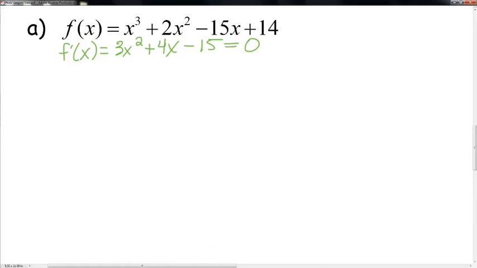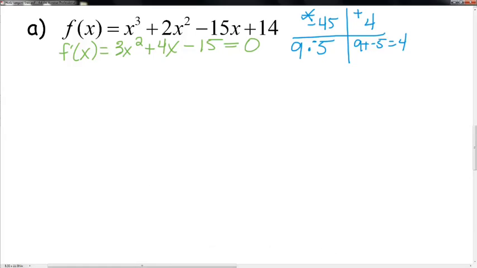The way that grouping works is you take your a and you multiply it by your c. So in this case I have 3 and negative 15. Negative 15 times 3 is negative 45. So I'm looking at numbers that multiply to negative 45 and add to my b, which is 4. One of the easy ones I know of that are only 4 apart are 9 and 5. Well, I want a positive 4, so that gives me a negative 5, because 9 plus negative 5 is equal